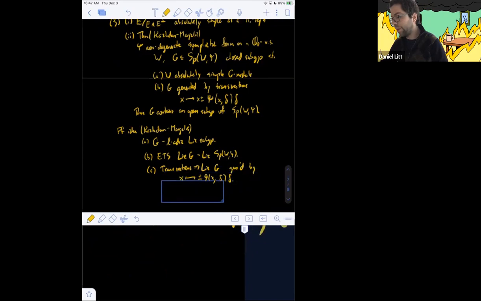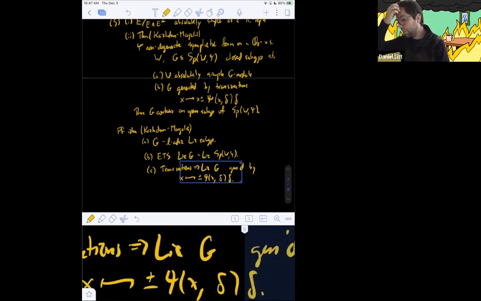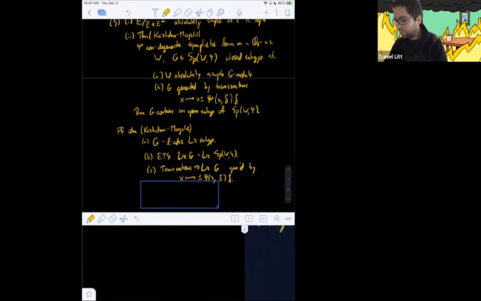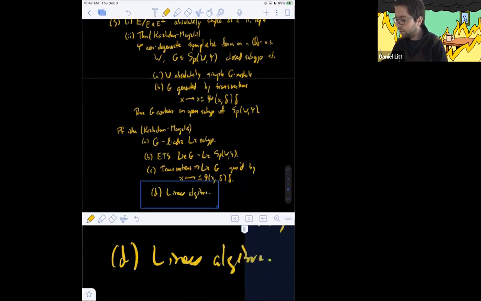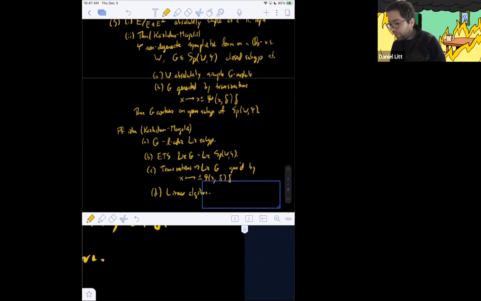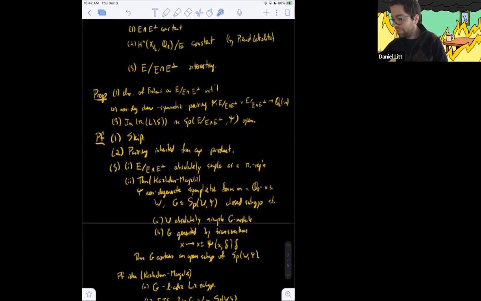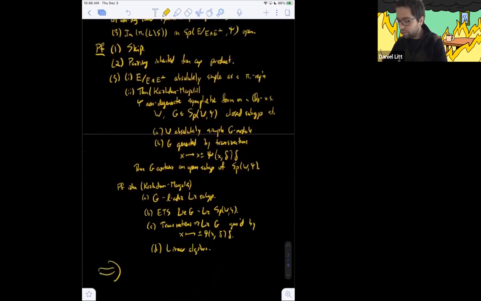And now it's a linear algebra lemma to show that if you have a simple representation of a Lie algebra which is generated like this, then it has to be all of Sp. So step D is sort of non-trivial, but more or less elementary linear algebra. All right, so we're out of time. This is as much as I'm going to check of the hypotheses of the main lemma for E, but the bottom line is that E mod E intersect E perp satisfies the hypotheses of the main lemma.